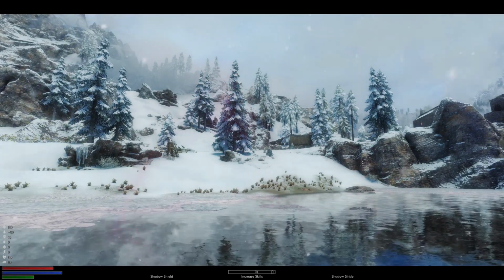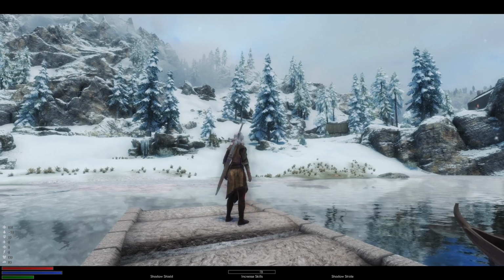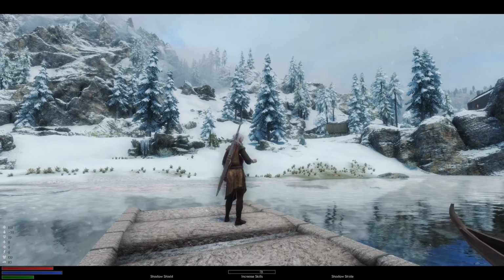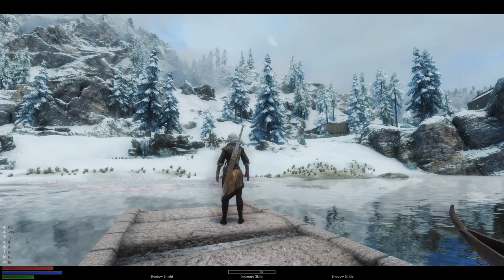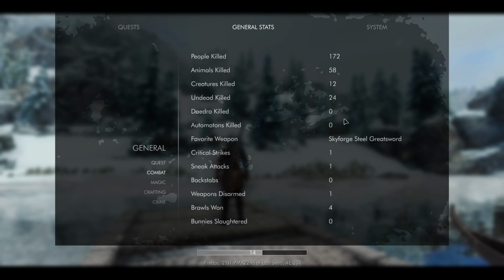He gives us two major bonuses in our wolf form, one for physical defense and one for magical defense. We're already getting the magic defense from holding the Ring of Hircine, but for his physical defense, we need to boost our creatures killed stat. These 12 are from the giant bounties that I've done, but we need a whopping 400 to max out his